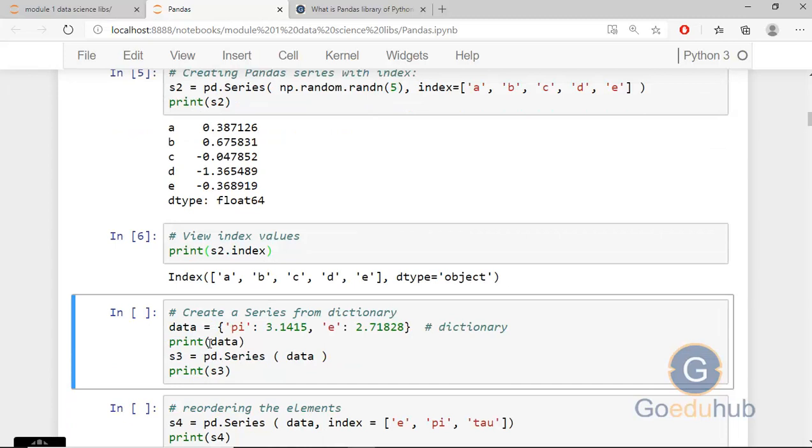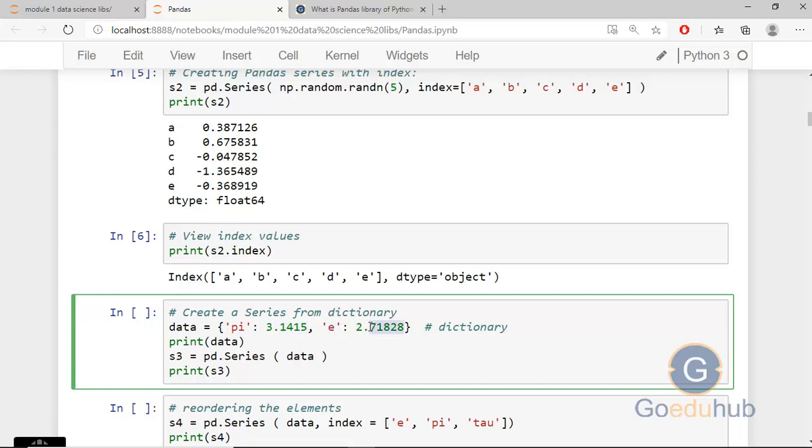And there is another way to create a series: you can create a series from a dictionary also. You know very well what is a dictionary. So we have written here a dictionary. Data is equal to, inside the dictionary we have keys and values inside these curly braces, then this is a key and this is the corresponding value. Similarly e is a key and this is its value.